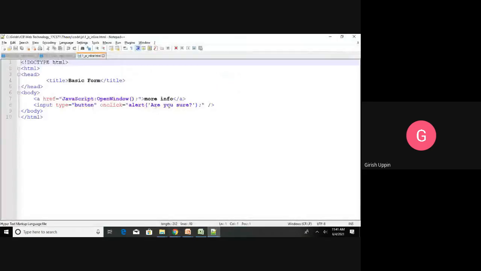If you click on that, we have set the onclick. I'm clicking, so on click you will get a display message. If you want to change the text, whatever you include in this text will be displayed. I'll reload the page and click on the button. "Are you really sure?" So this is how it will display.